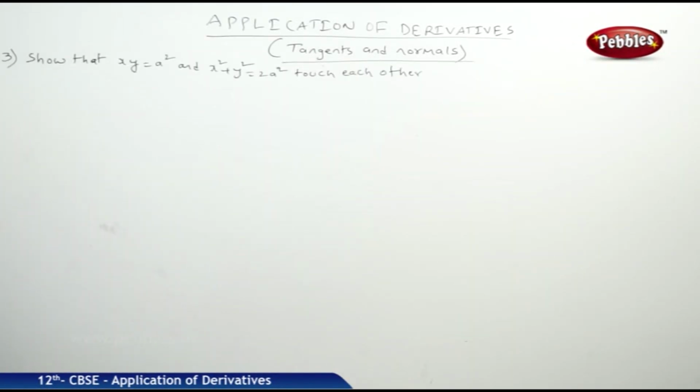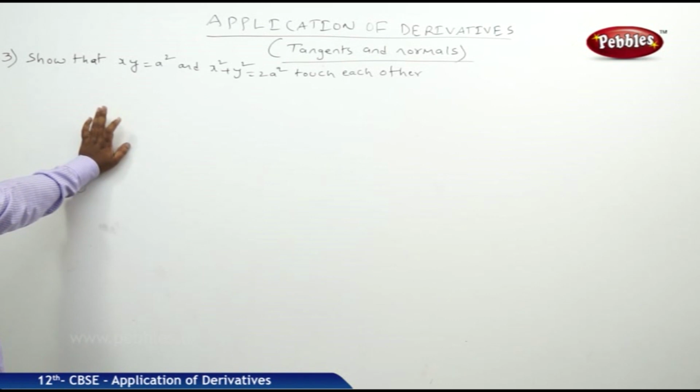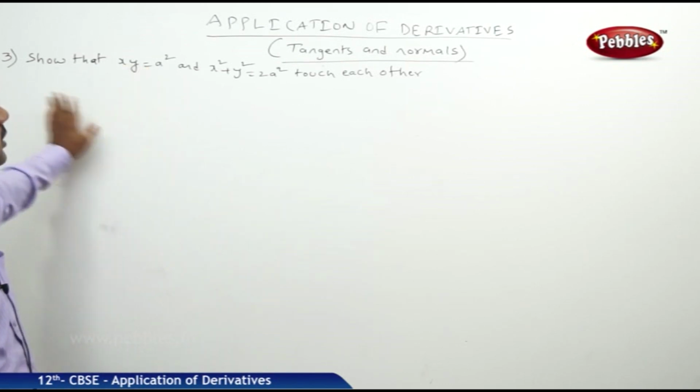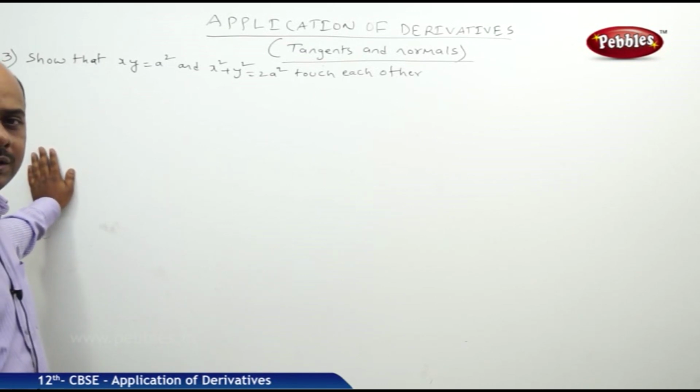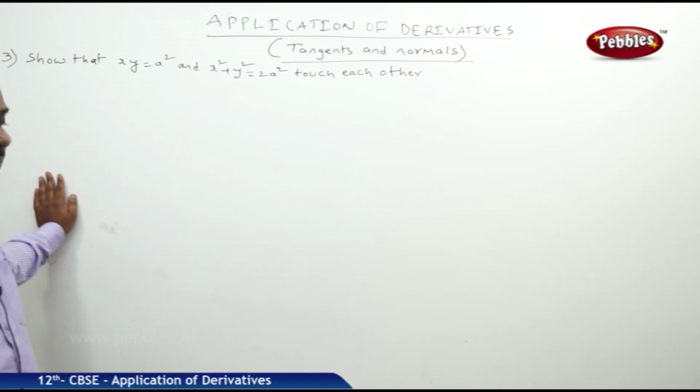Right, we shall see another beautiful problem. In the first problem we had seen two curves cut each other orthogonally. The second time we had seen the two curves meet at some other point of intersection, where we found the angle as theta is equal to tan inverse 3 by 4. Here now he is telling us to show the two curves touch each other. Touch each other means definitely the angle between the two curves should be equal to 0, right?